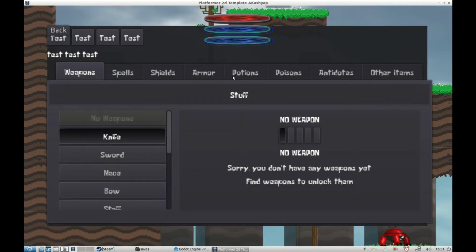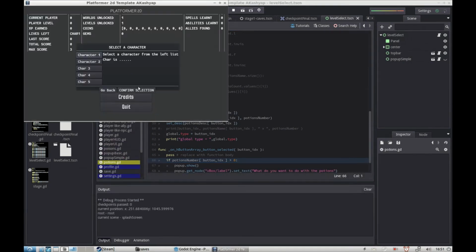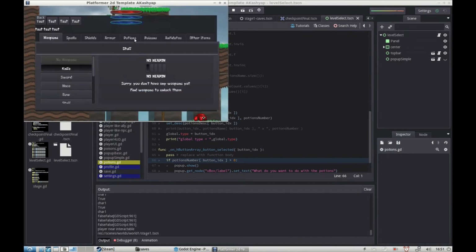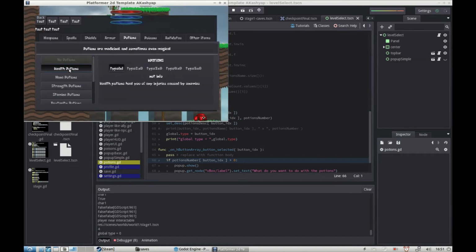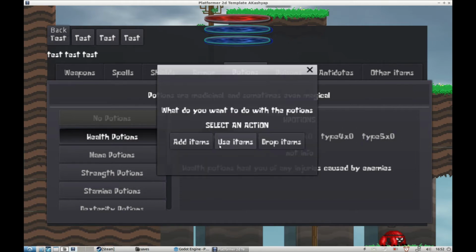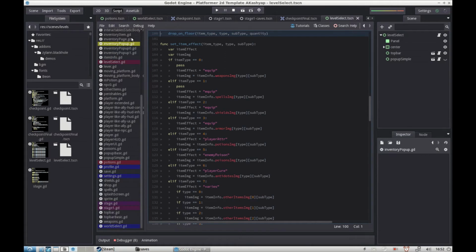So I go to inventory, potions, type 1. Inventory, potions. So health potions, type 1 into 1, so we have that one potion. Similarly, I can drop this as well. After this,